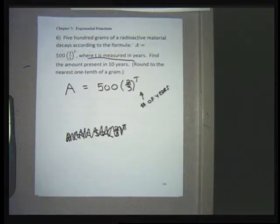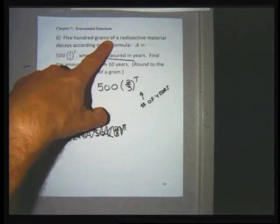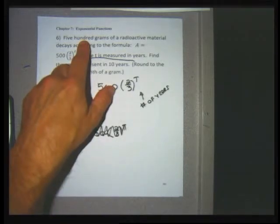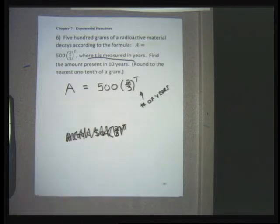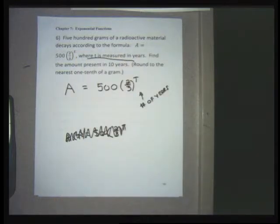It gives me out the amount of radioactive material present after T years. So the problem's a little more abstract, but it says we start with 500 grams of radioactive material, which is that 500, and it decays. When you have radioactive material, it's decomposing over time because it's unstable. And this formula is going to tell me over time how much of the radioactive material is left because it's decaying, it's losing, it's unstable,